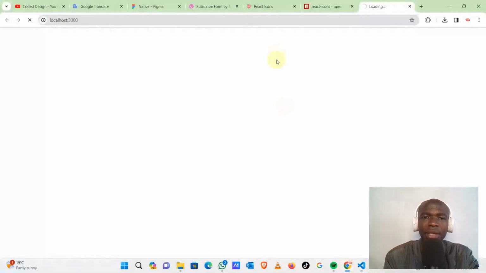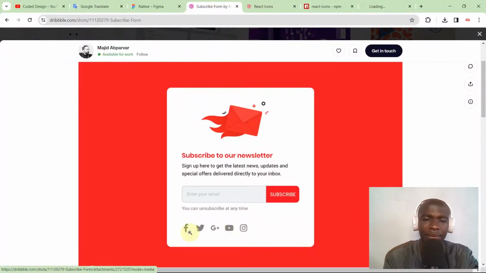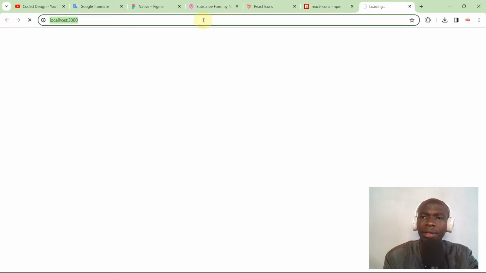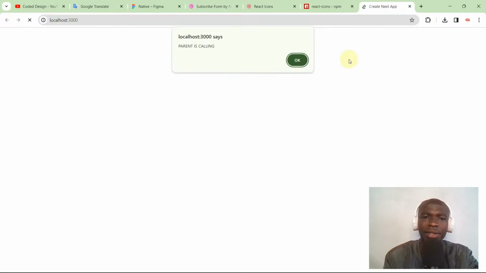The reason why we are doing that is because, as you can see, there are these icons here. Okay, what else? Let's check what's here. It's still loading, as you can see. Obviously, these are the things that I did previously